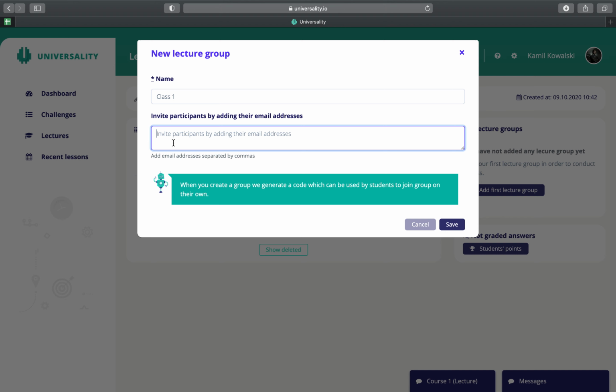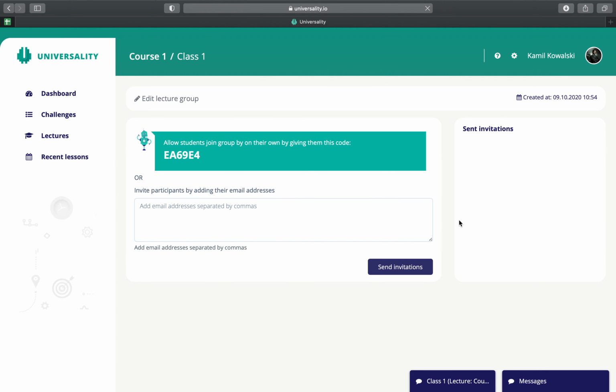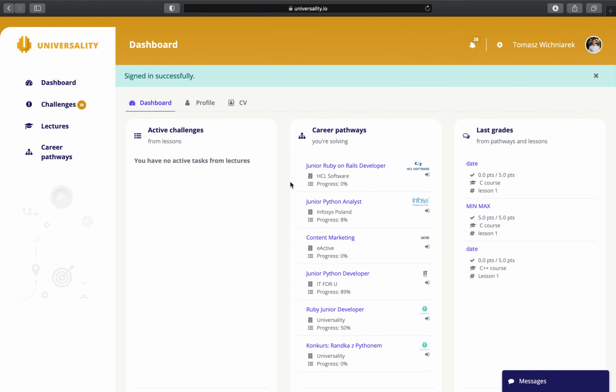You can invite your participants by adding their email addresses right here in this second gap, but you can also create an empty group without any participants by pressing the save button, and you will get the entry code which you share with your students. Then your students go to the website universality.io. Then students register as a student, and after that, when they get the student dashboard,